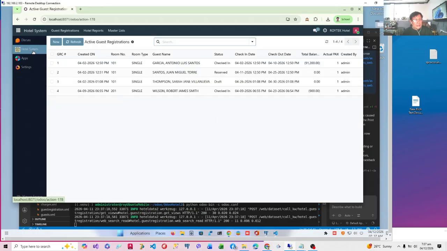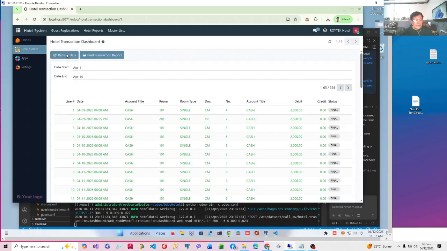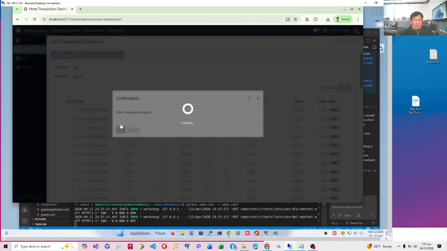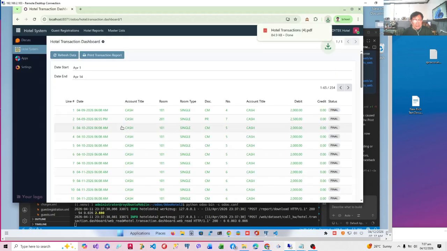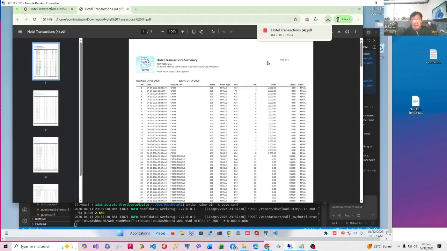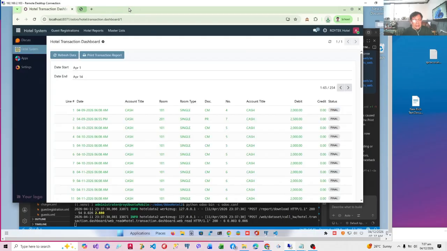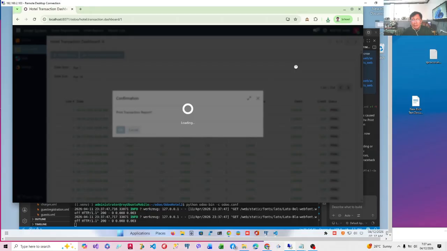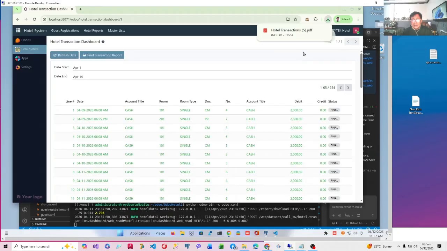Go to our hotel system, hotel reports. Let's refresh, and then let's print report. Okay, so finally we had our accounting report. Now we have the date from, and we have the date to. Okay, let's try to check if it's correct. Why is it 14? Yes, it's April 14. Okay, so if you print,